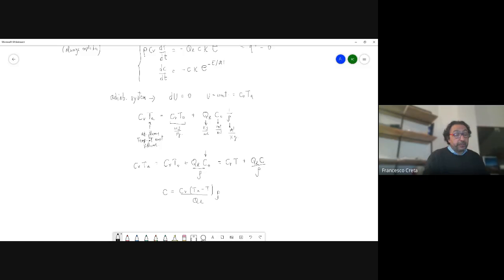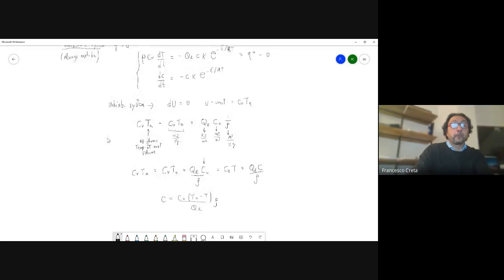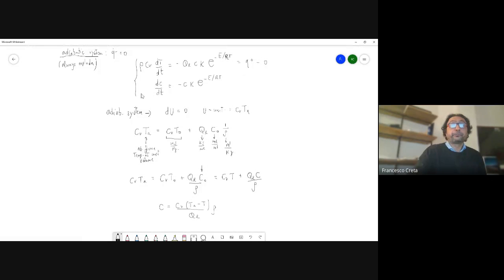Which is interesting because this simplifies things even further. Clearly, as the temperature is driven towards the adiabatic flame temperature, the concentration decreases. And these two things are related because the internal energy is constant. So we don't have to solve the second equation, this one here. We can substitute this value of C in here and solve only the